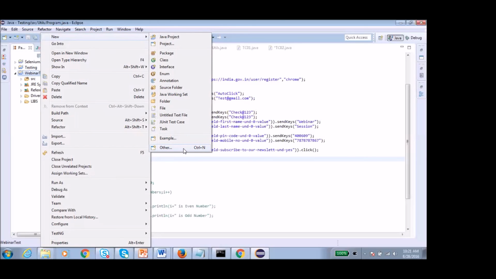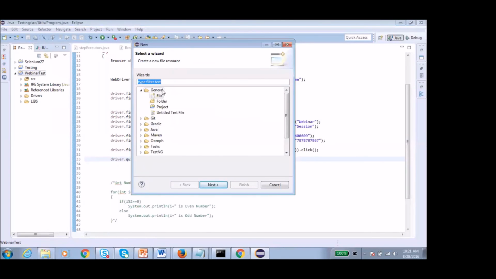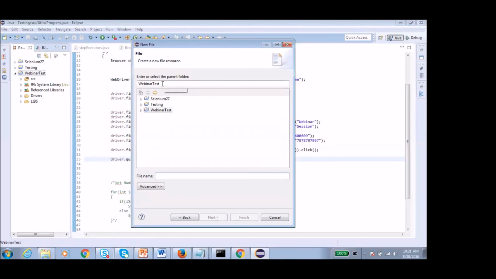We have the project called webinar test. I have right clicked on it, went on New, and in that New, the last option is Other. Just click on Other, and if the TestNG XML is not created in your Eclipse, the first time it will come like this. So just expand General, click on File, click on Next, and write the name of the TestNG file over here. I'll write webinar, or you can do sanity or